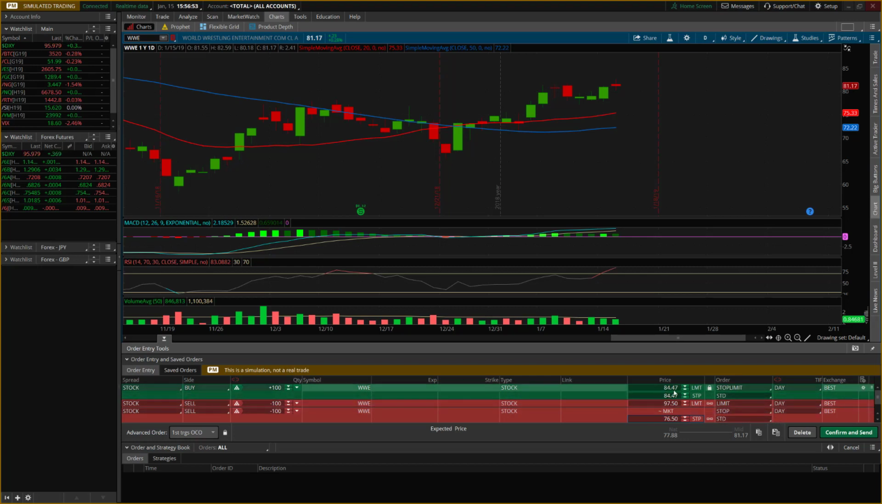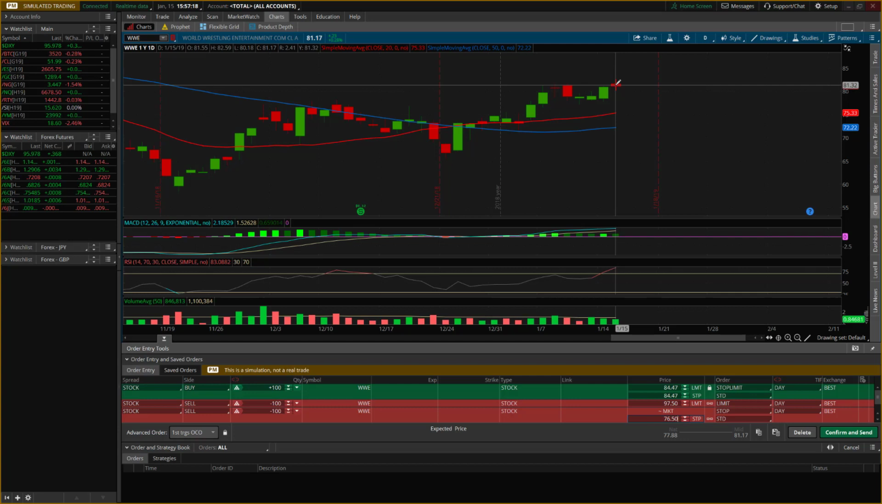Now, the next thing I need to do is to change my entry order to make sure it goes above today's high. When you're looking at these candles here, you have your open, your high, your low, and your close up at the top left-hand side of the Thinkorswim monitor here. So I'm going to highlight that candle, and you can see the high of the day, as categorized by the H, is